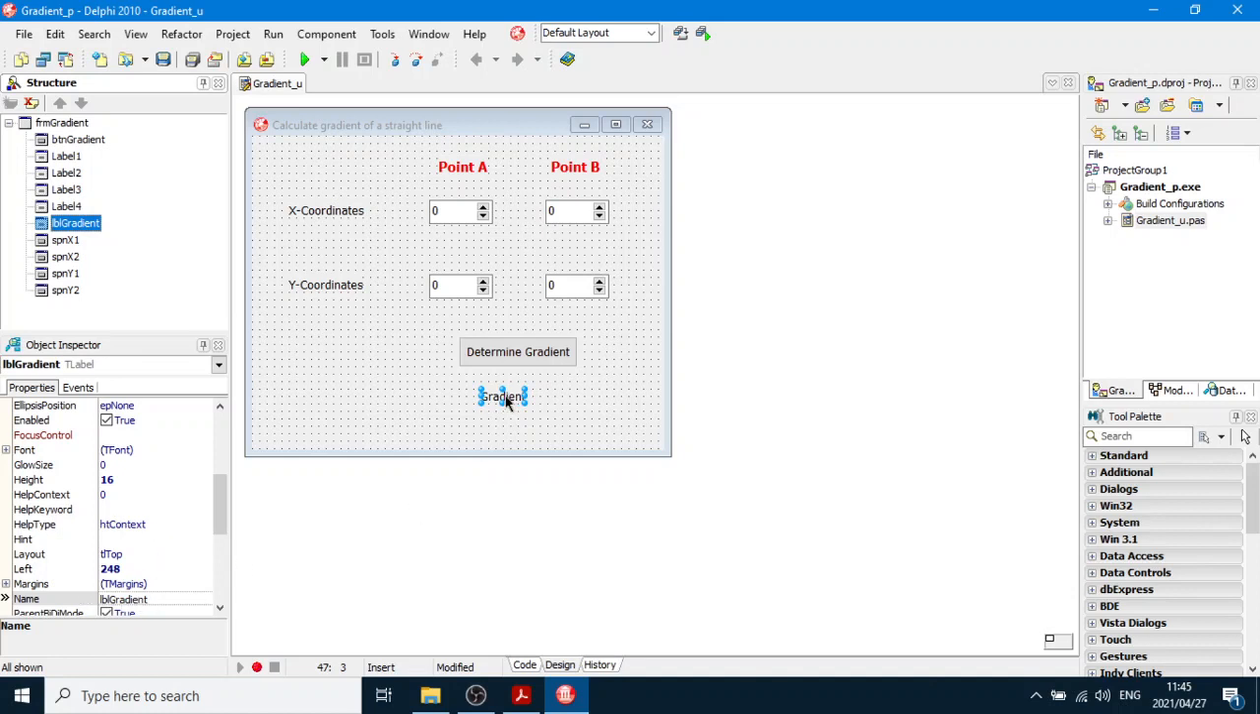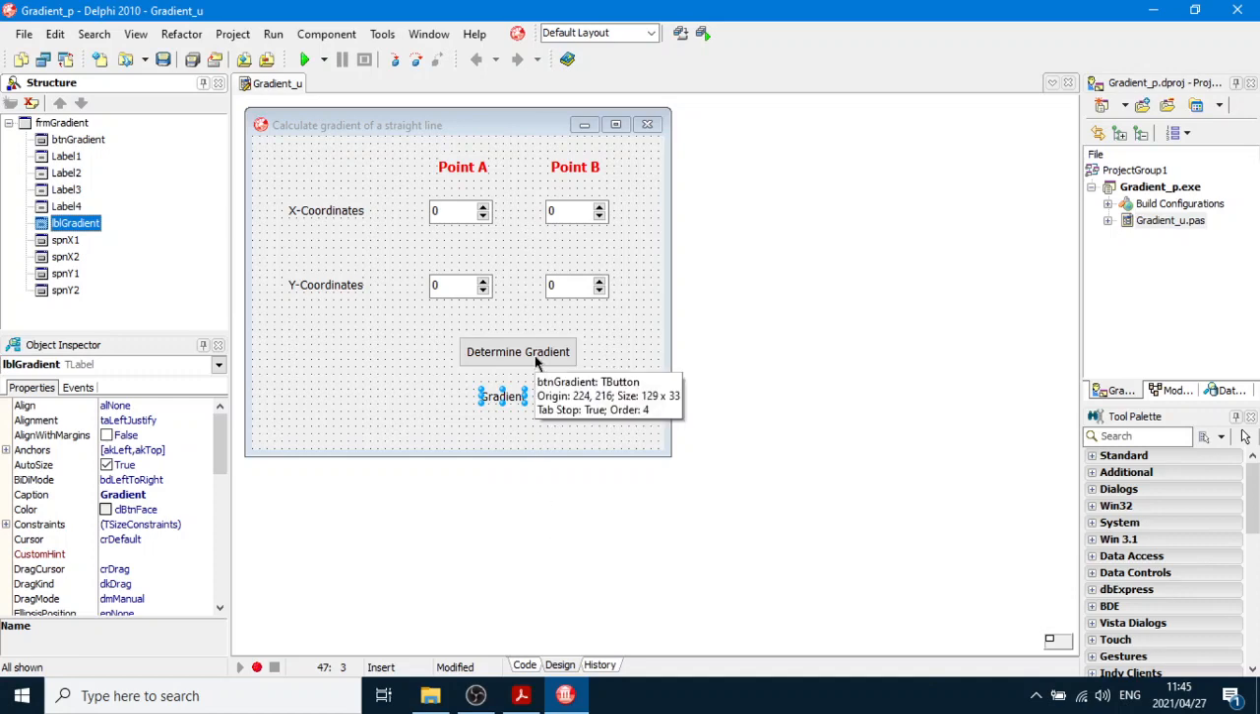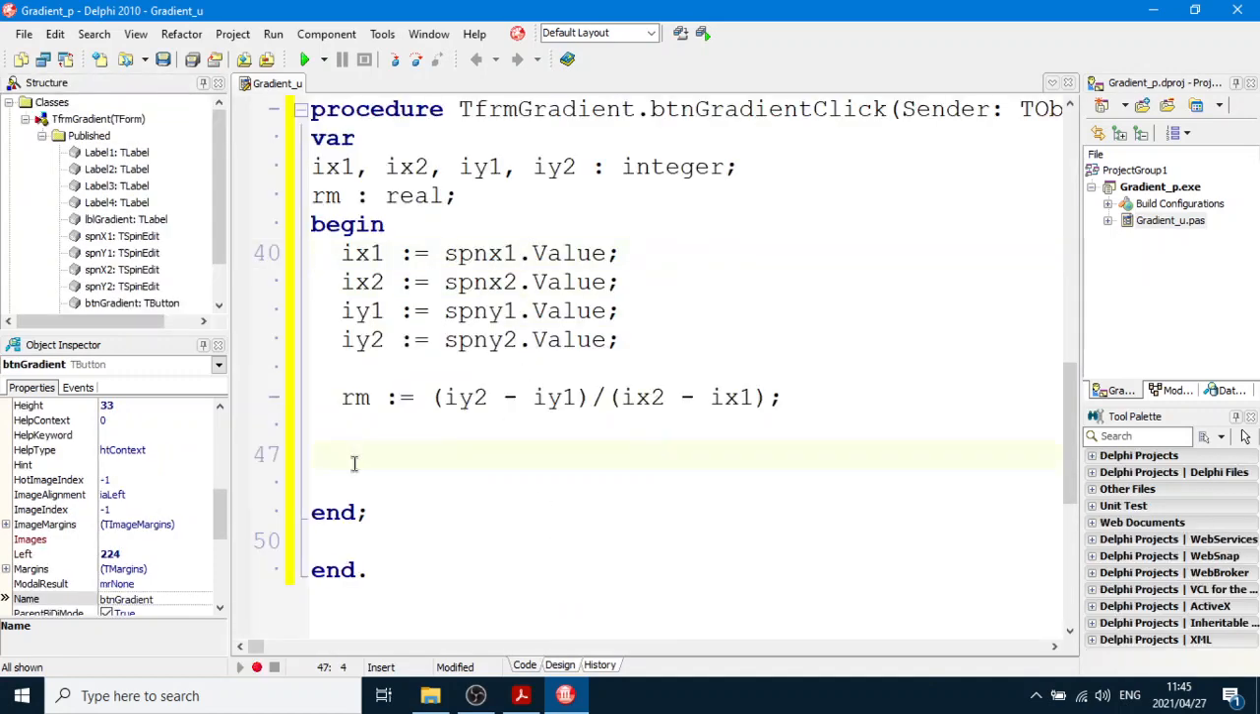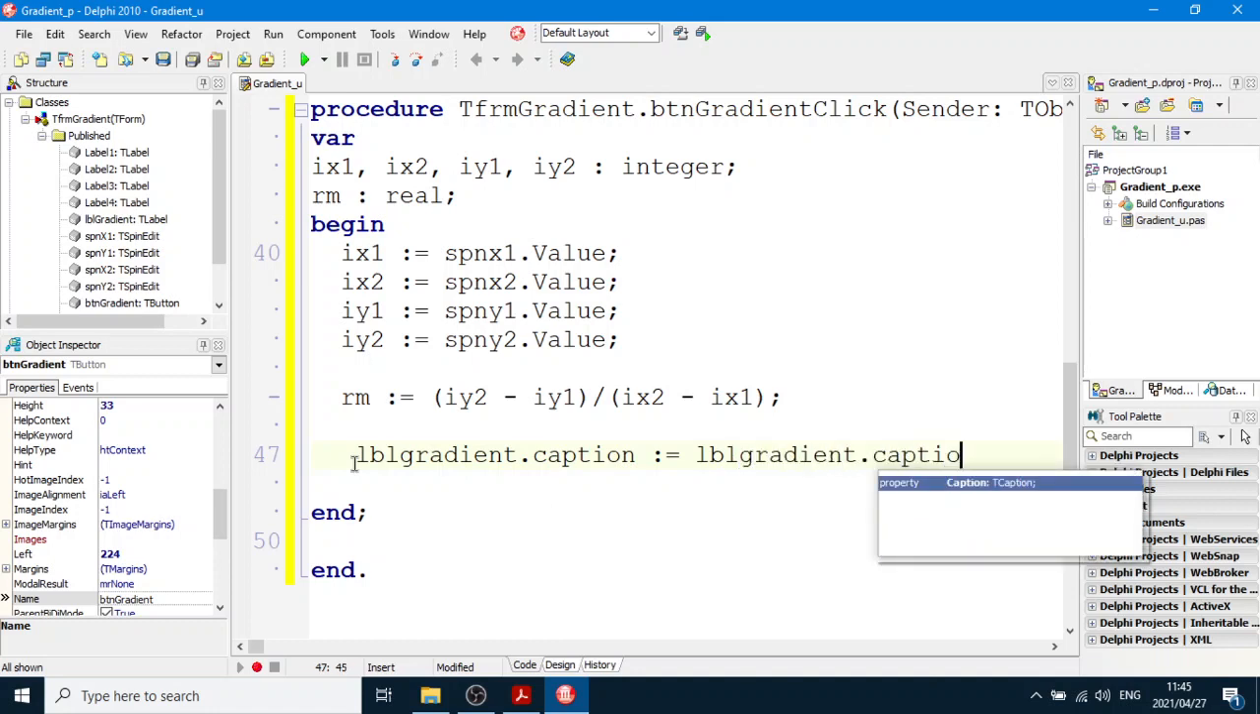Now lblGradient has really got something in its caption. Okay, that's the caption property, gradient, sitting there. We're going to add to that caption, we're going to add our answer. So we'll say lblGradient.caption equals the previous lblGradient.caption, join that to, that plus means a join. Now we're going to join that to another string,